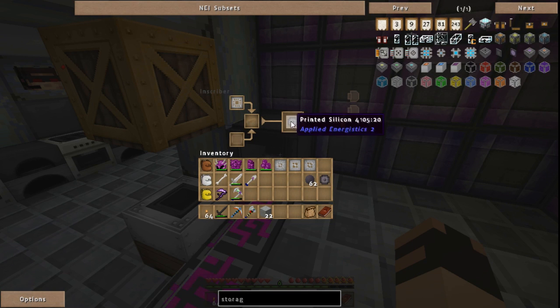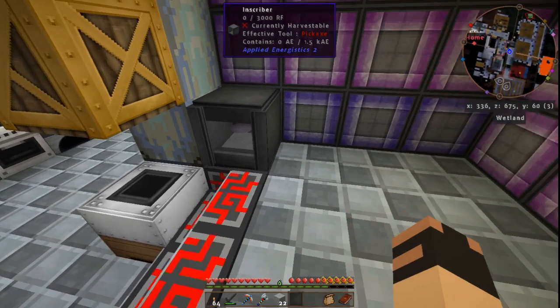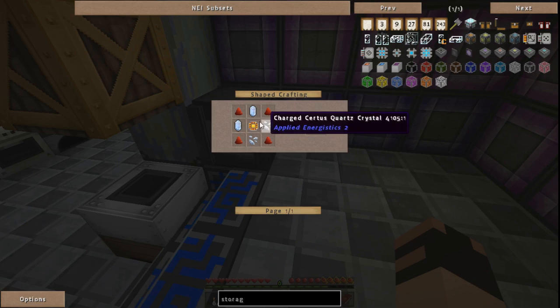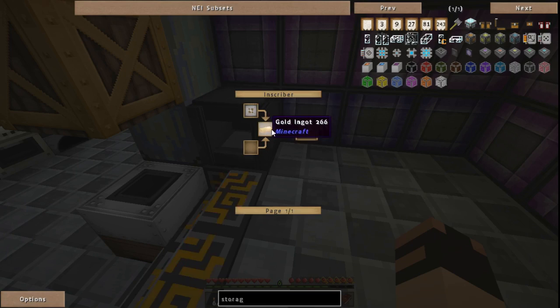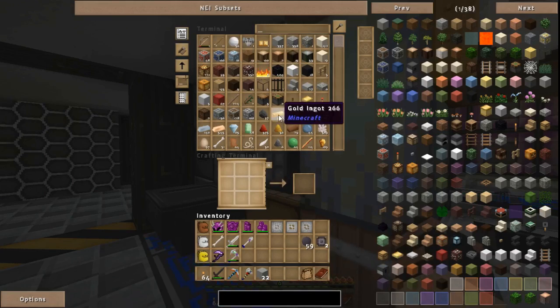So, I wonder why that bar is not working. Must be this pack. I can stack those when they're done. Can I stack them in there? Apparently. So maybe if I stick a hopper on top of this, I can just drop a bunch in there and it'll go. So the other circuits, the other thing it needs is a printed logic circuit, which is a logic press and a gold ingot. So if I come over here and grab some gold,